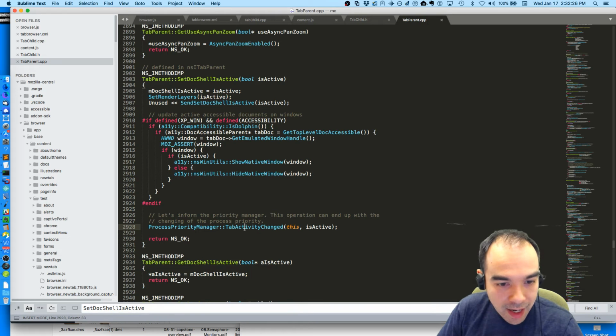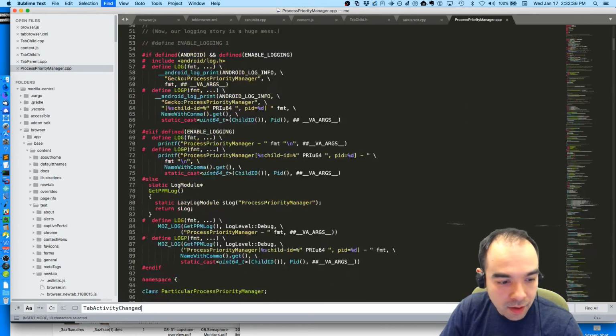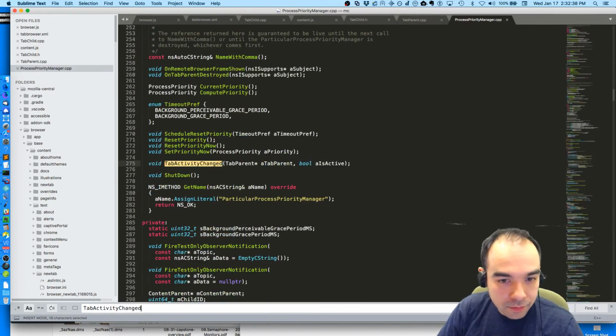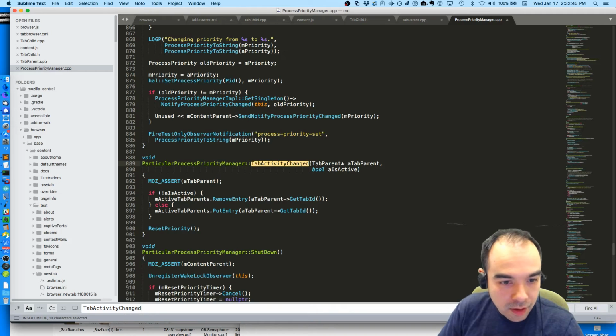Is it because we've changed the priority? So it suddenly starts, oh my goodness, could this be it? Process priority manager. Tab activity changed. Set priority manager, put entry.